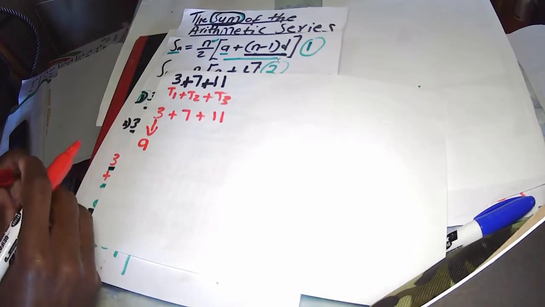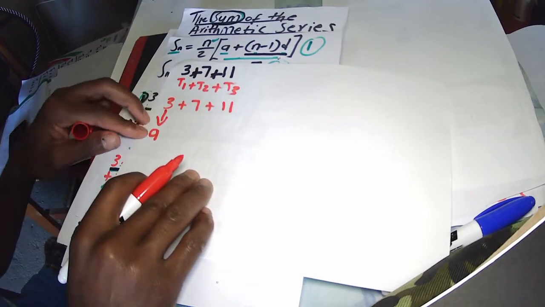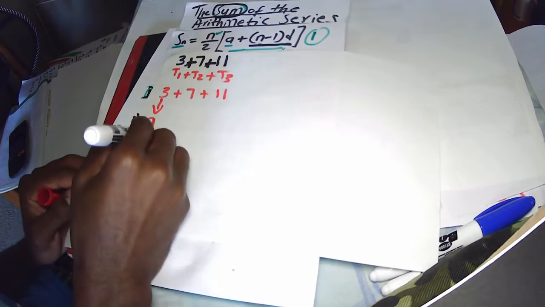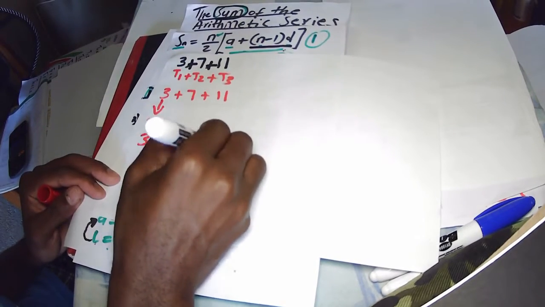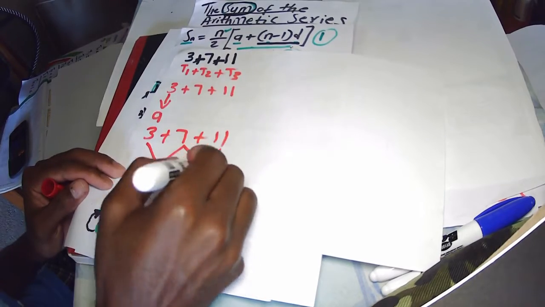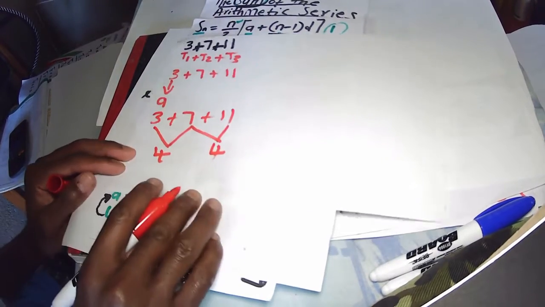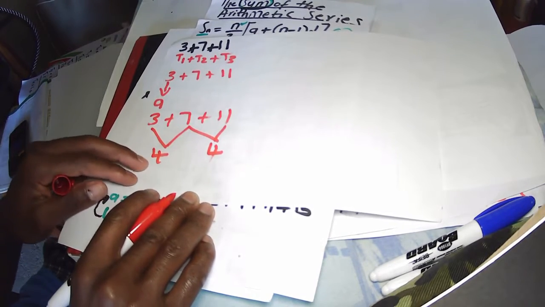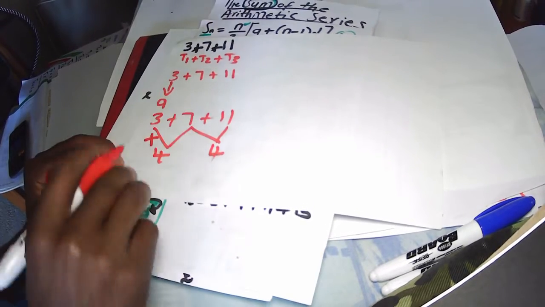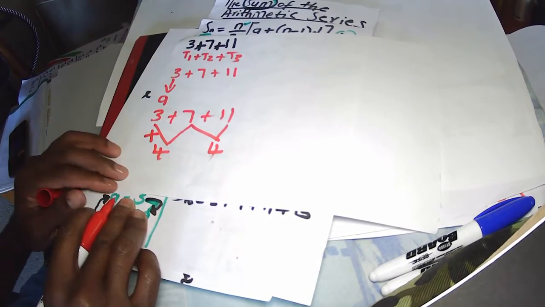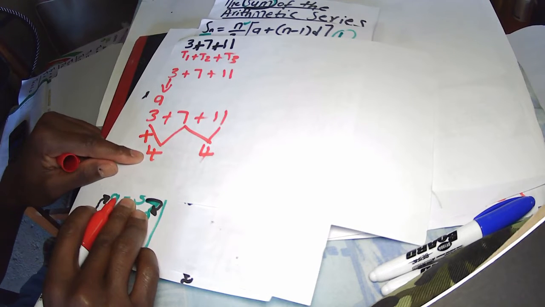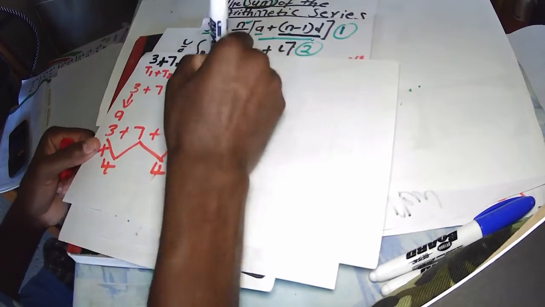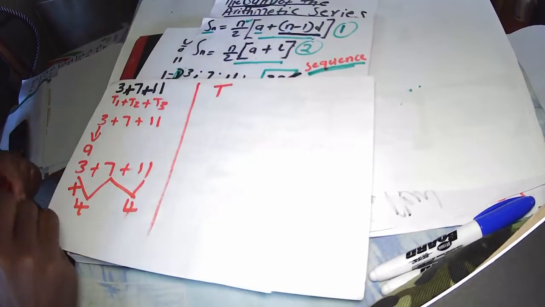From 3 plus 7 plus 11, we know that A is equal to 3, and we know as well that the difference here is 4. So I'm adding 4 to 3 to get 7. The difference is 4. The first term is A. So we know from the formula,